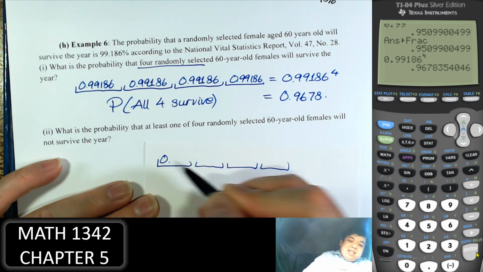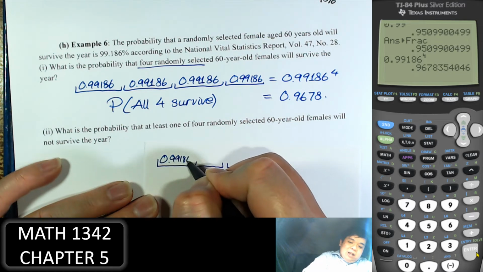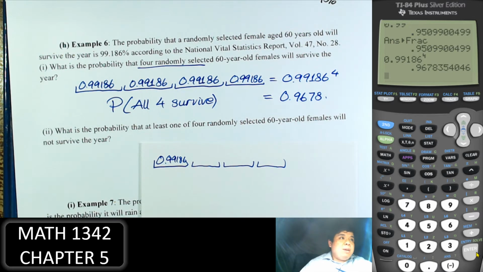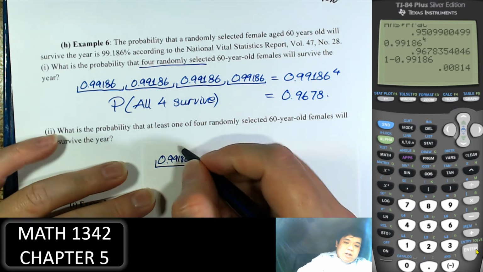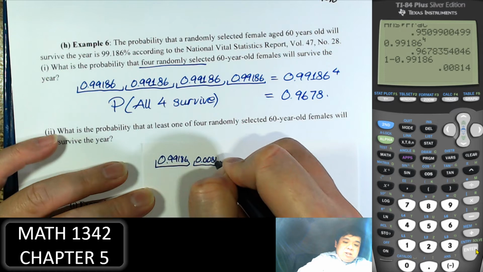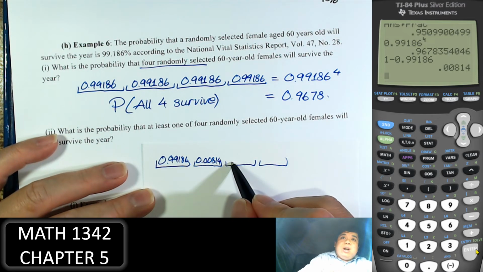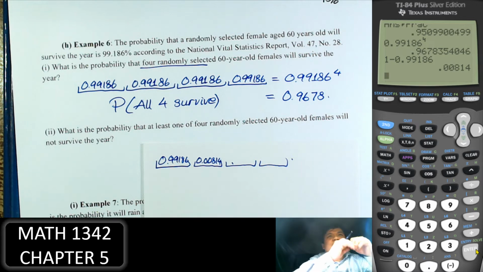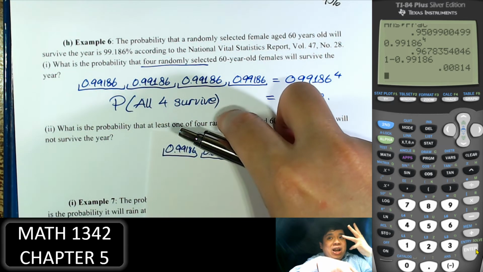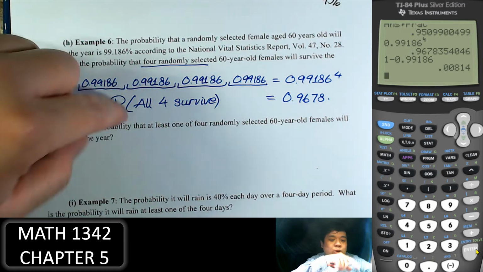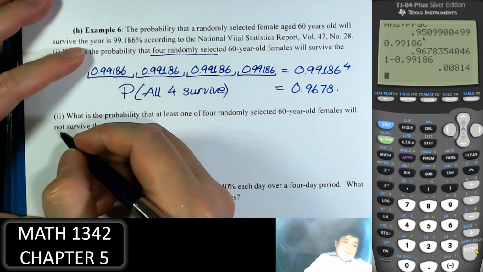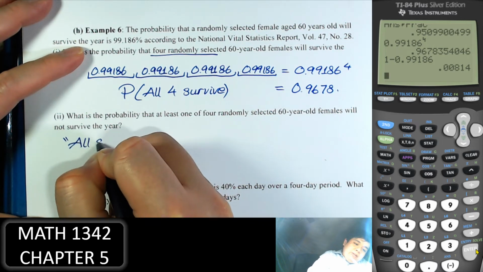So let's assume that the first one survives, but the second one does not. If it does not, we have to take the complement. Let's say the second one does not, and the third one survives. So there are too many different scenarios we have to list. And the case here says at least 1, so it could be 1, 2, 3, or 4. What it cannot have is 0, which we have here. So we say all survive,